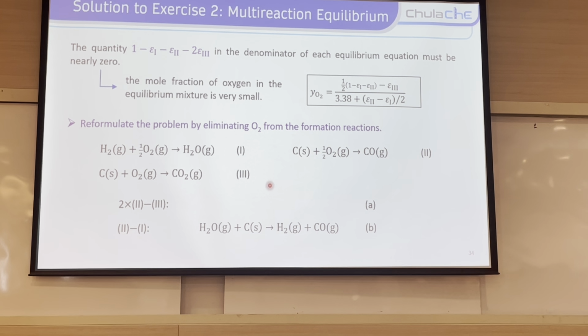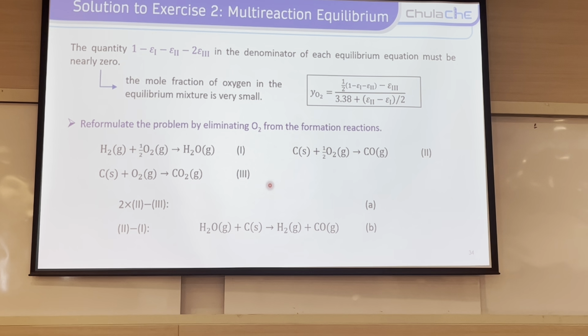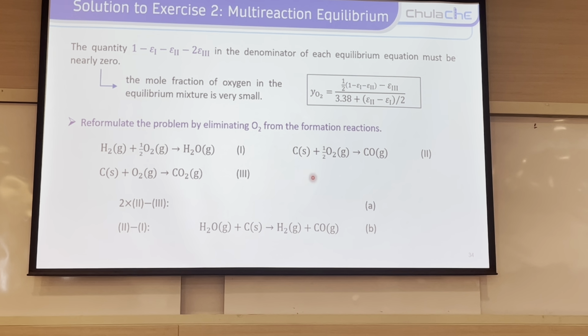So go back to the original three chemical reactions that we have written before. We want to eliminate oxygen from the reactions because, as we considered so far from the chemical equilibrium constant,